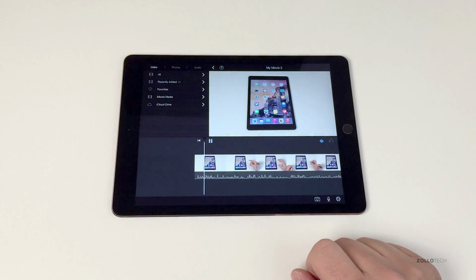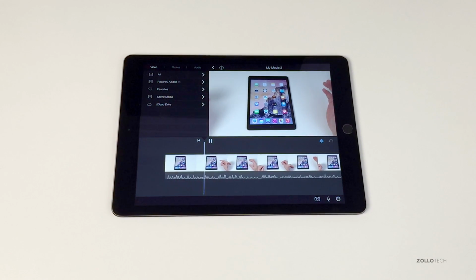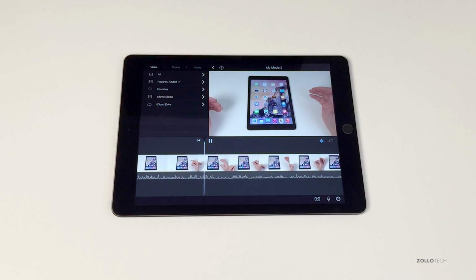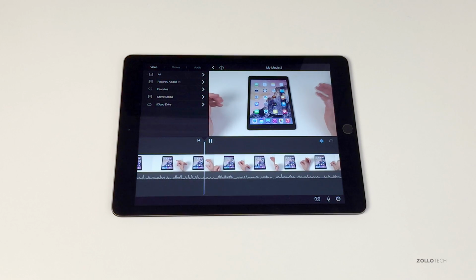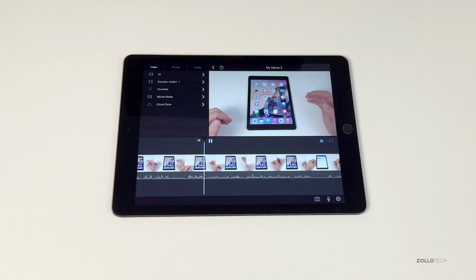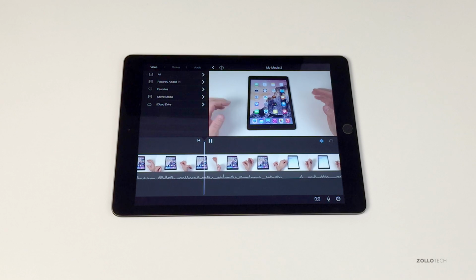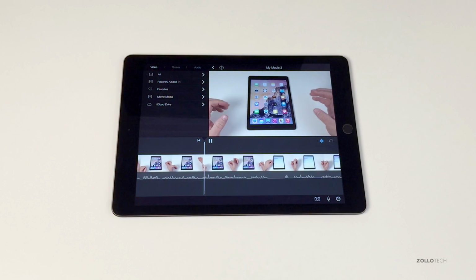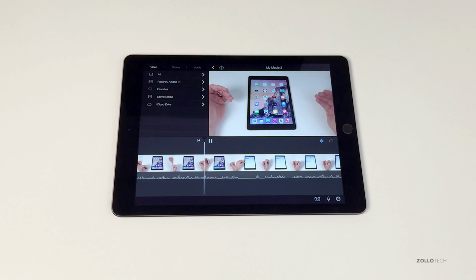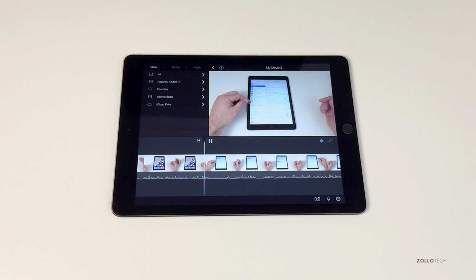Hi everyone, Aaron here for Zollotech, and I wanted to show you iCloud on iPad. I wanted to kind of make a beginner's guide to iCloud. Now some of you have asked me to actually make this guide, and so I thought it was time to kind of explain it as best I can. So iCloud is a service that Apple offers for free and for paid tiers depending on how much storage you need, and it does a lot of different things that maybe you recognize or don't even realize it's doing. So in order to see some of those settings, we first need to go into settings. Once we're in settings, we find where